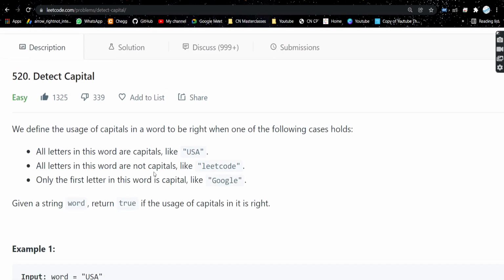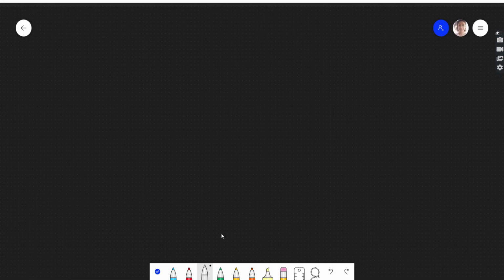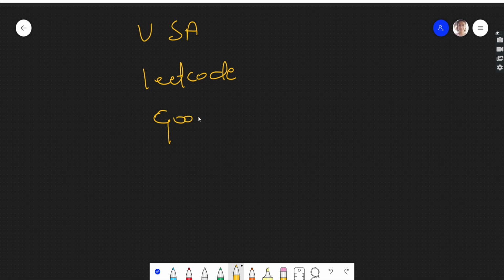Very easy problem. So let's see how we'll approach it. See, we have USA, and let's say we have all the examples which are given in the problem, LeetCode, and then Google. Right, G capital and the rest small. So see, we have to make cases here. Two cases could be there.